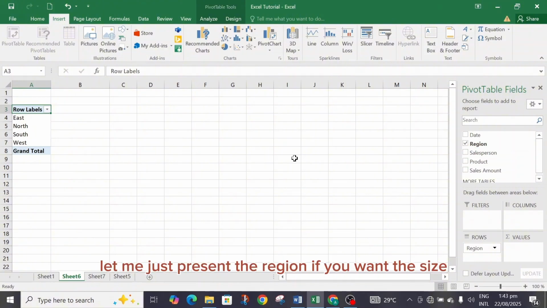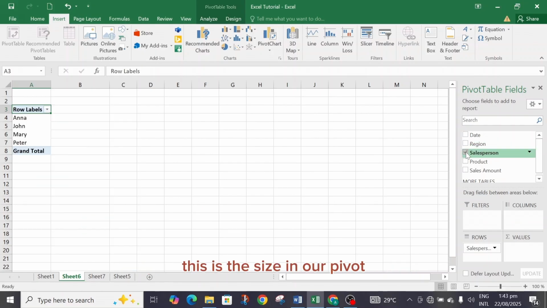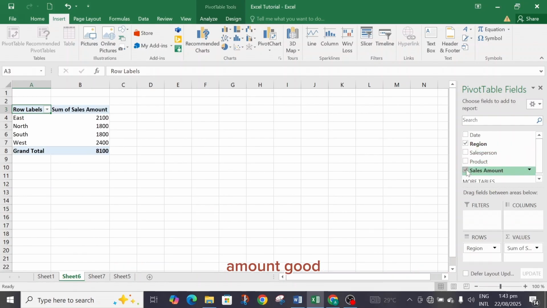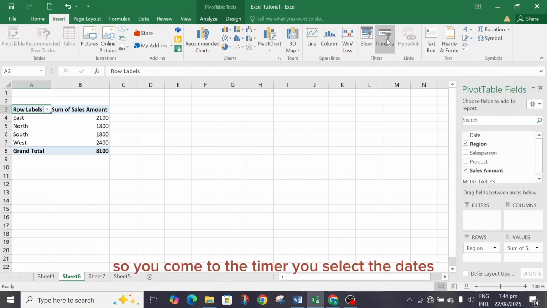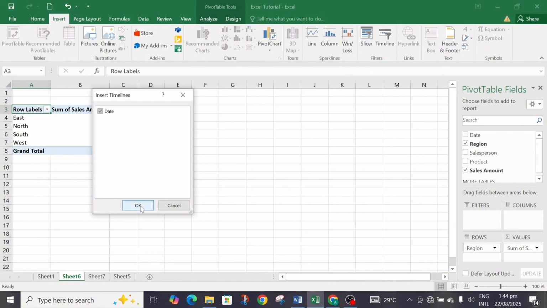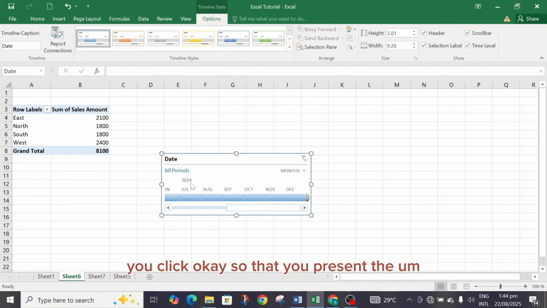Let me just present the region. If you want the sales, these are the sales in our pivot. So let me just leave only the region and the sales amount. Good. So you come to the timeline, you select the dates, click OK,